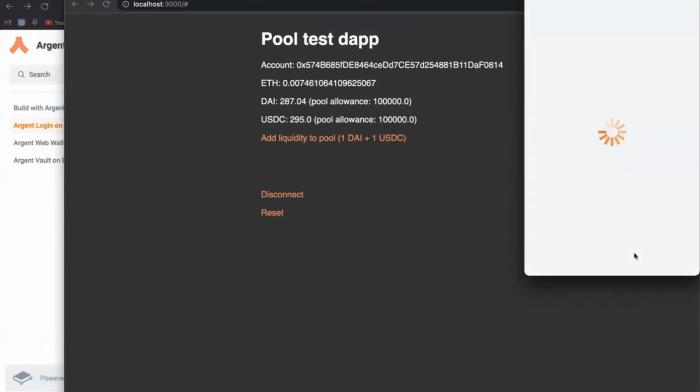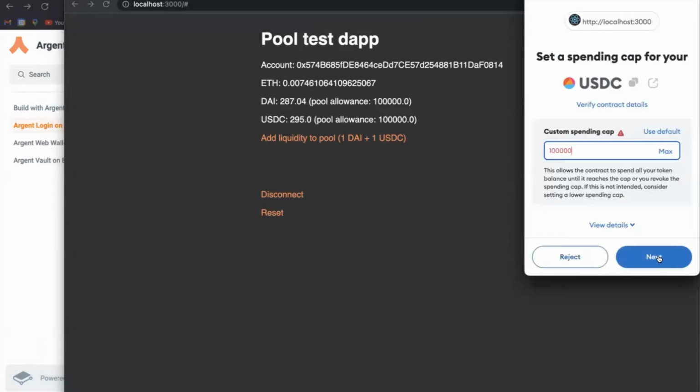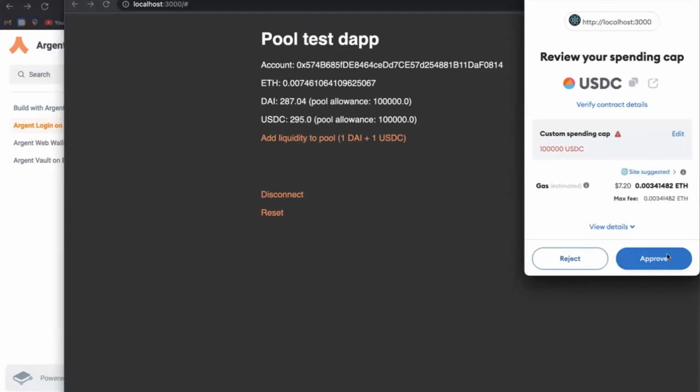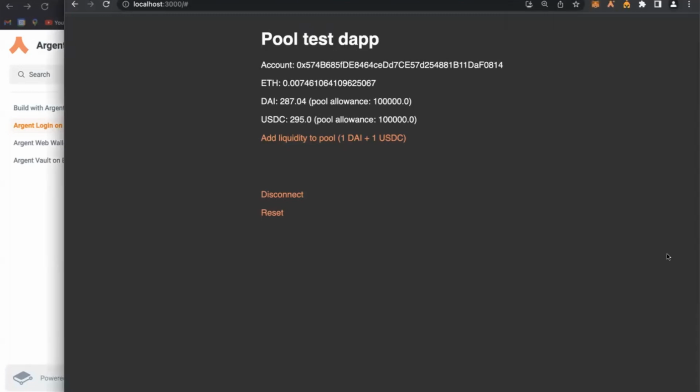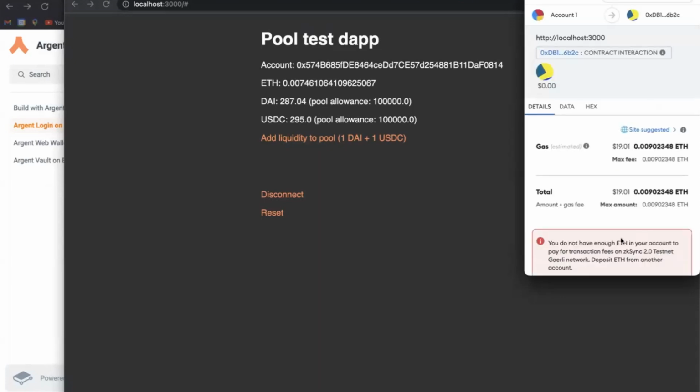It asks me to approve for the USDC. Again, I'm lazy, I'm putting a large amount because I don't want to do this in the future, which is grossly insecure, but it's to prove a point. And now the actual transaction, MetaMask pops up a 3rd time, and I still don't have enough ETH. That's super annoying.